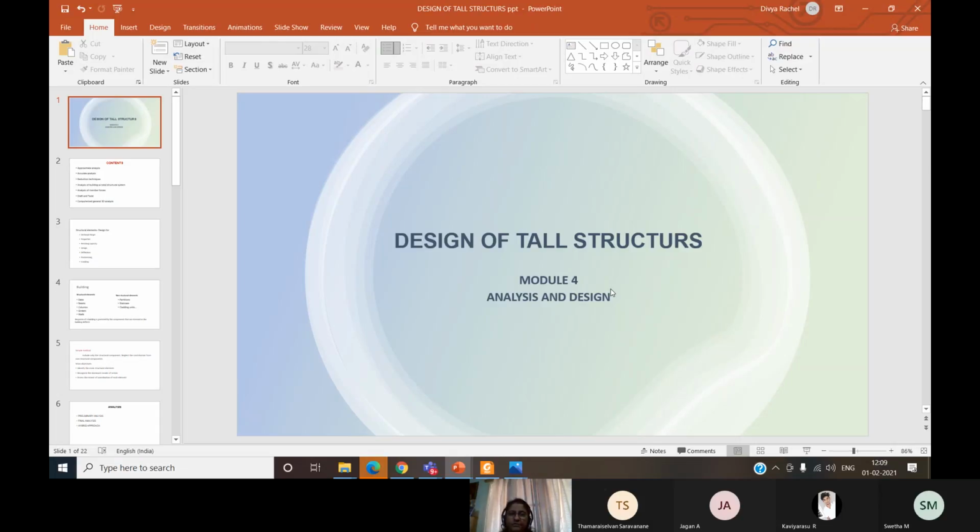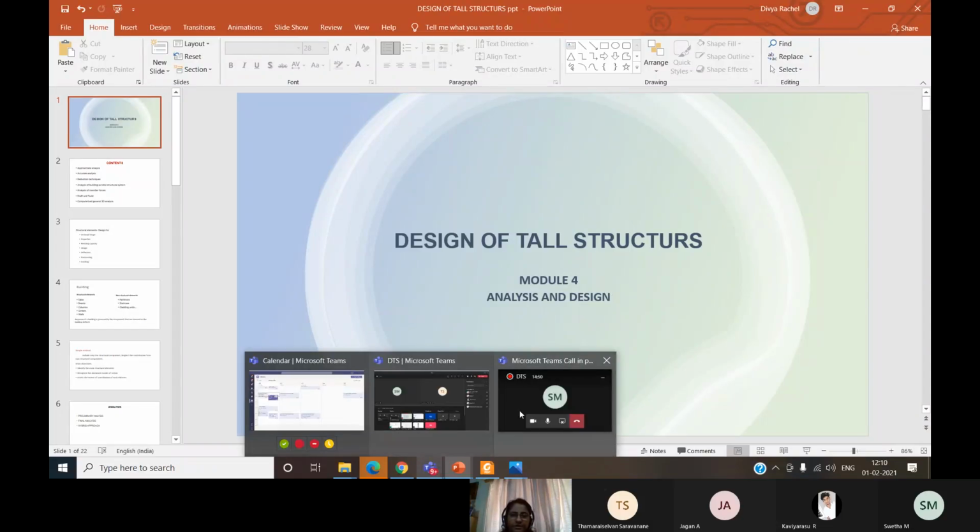So here in this particular unit, the fourth module, analysis and design, how the modeling is done and the concept alone will be discussed, and we will do some numericals in this unit. And the assignment, if you are not able to complete it in this semester, you can do it later. It's only a three-dimensional analysis that you have to do using any software, and you can submit it as an assignment. Okay.